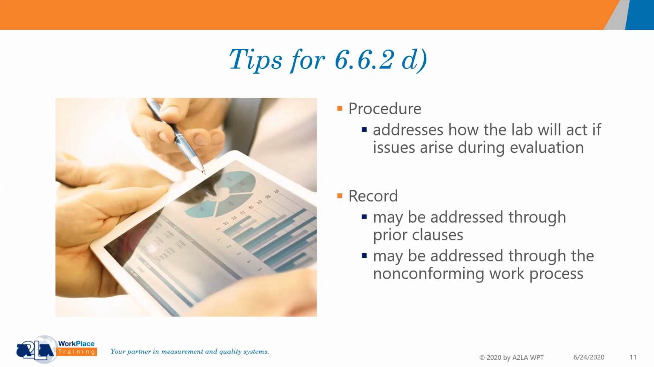And so you'll have a record for that because 710, I believe that's the clause of non-conforming work within 17025, requires you to have a record of your non-conforming work investigation and any actions that are taken. And so that section of the standard will also cover the record portion of 662D. So you'll see,